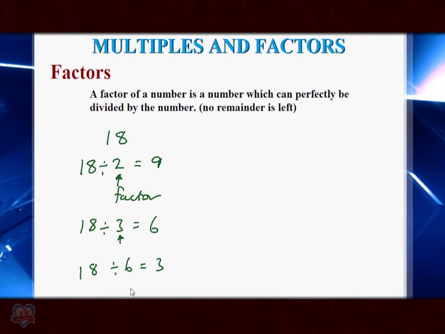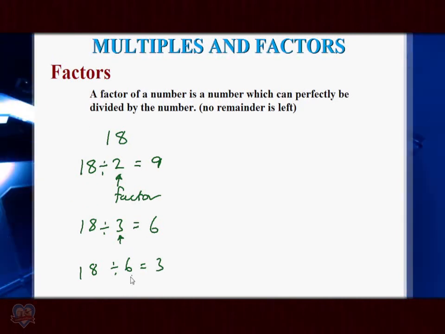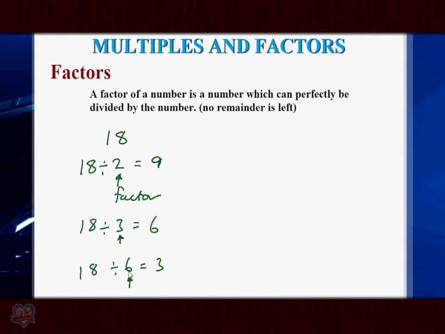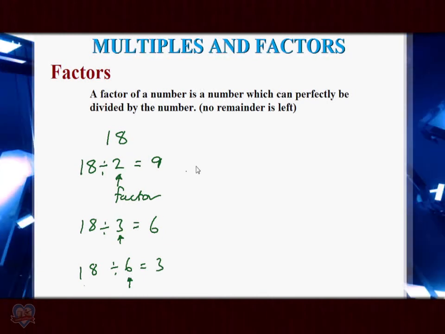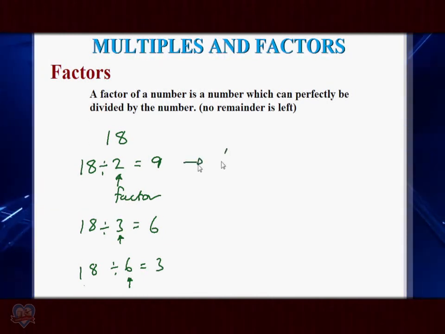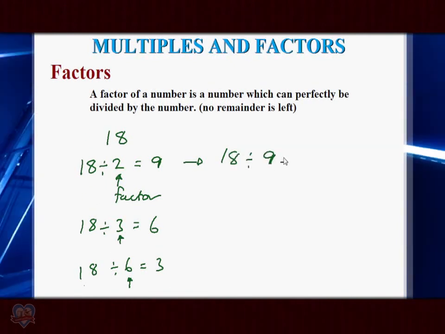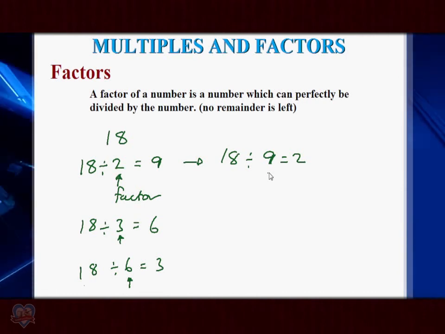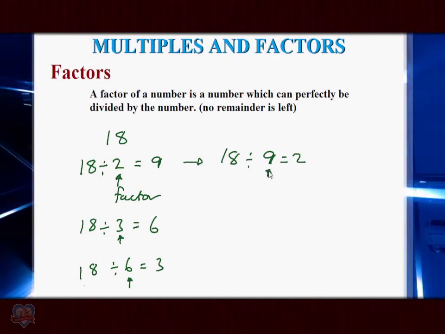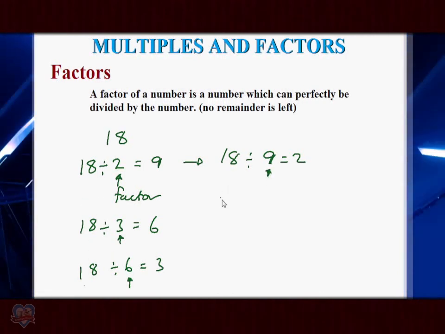Actually, the reverse is true. So 6 is also a factor of 18. From here you can see that 18 divided by 9, it's going to be 2. So 9 is also a factor of 18. I'm not forgetting 1. 18 divided by 1